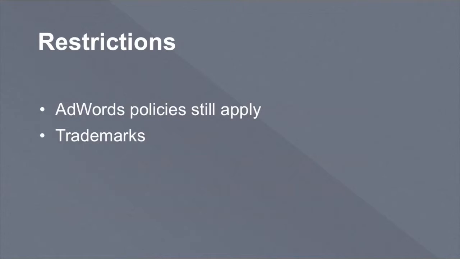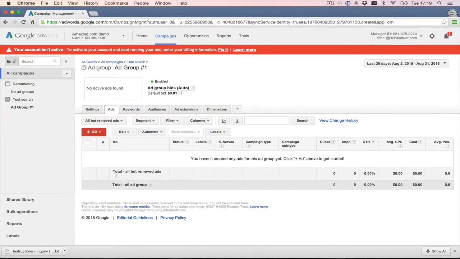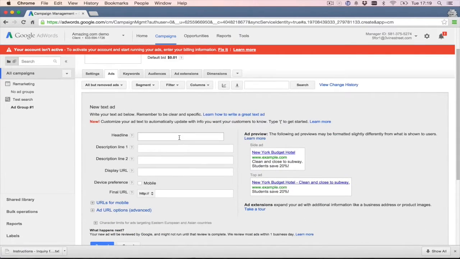So I'm just going to show you quickly in the interface how to do this. If we come into ads, we click on the red button as always for a new ad. I'm just going to show you how to do it. I'm not going to do a particular example. As you can see here, they've done an example of New York budget hotel. Well, let's follow the theme that we have here. So imagine that we had the keyword hotel and we were bidding in multiple cities. We might have New York, might have Los Angeles, and so on and so forth. We would put in here